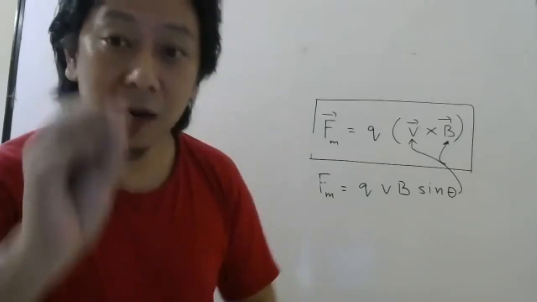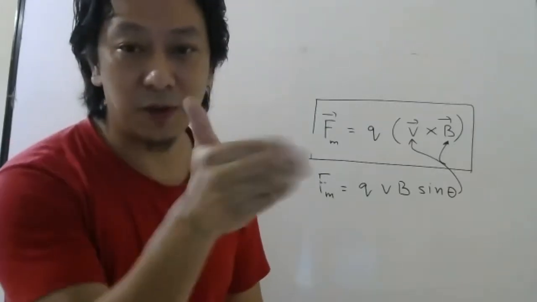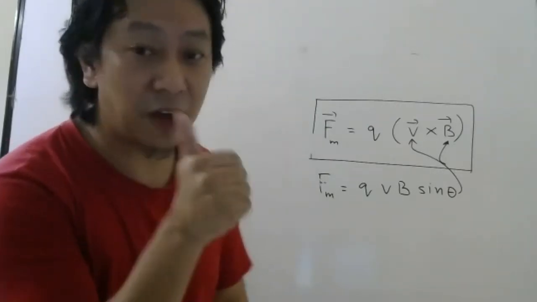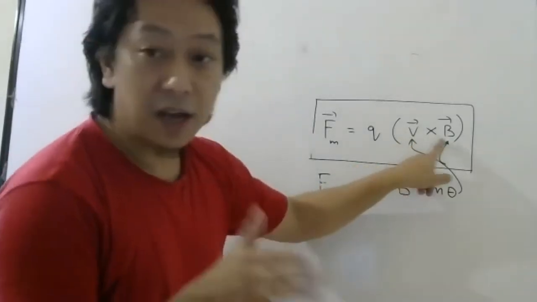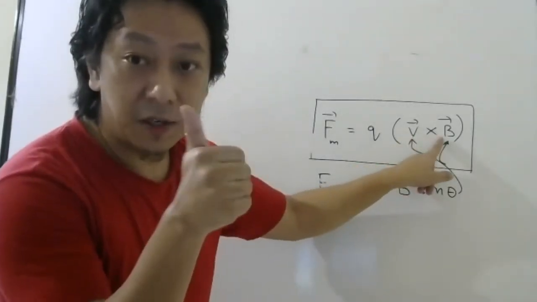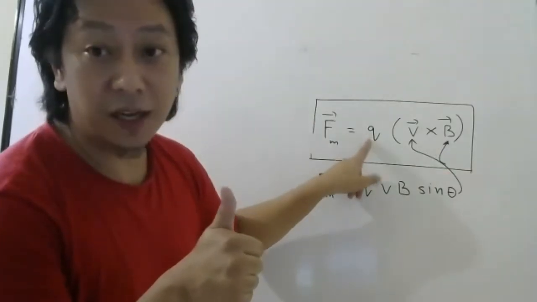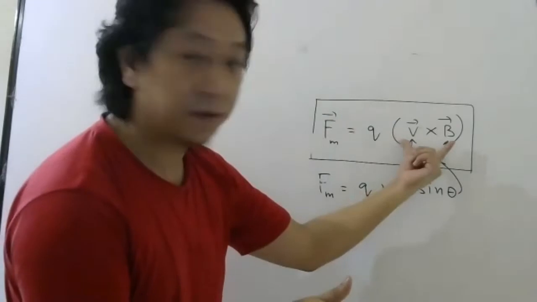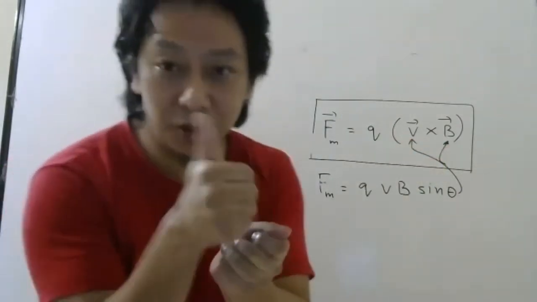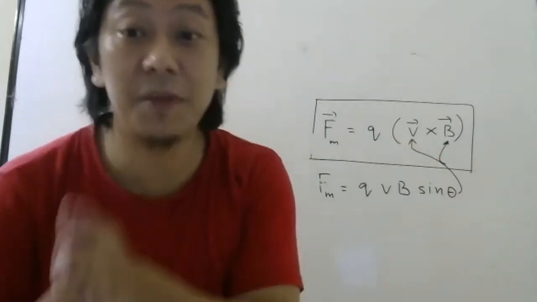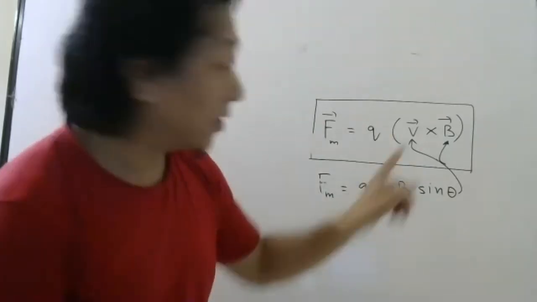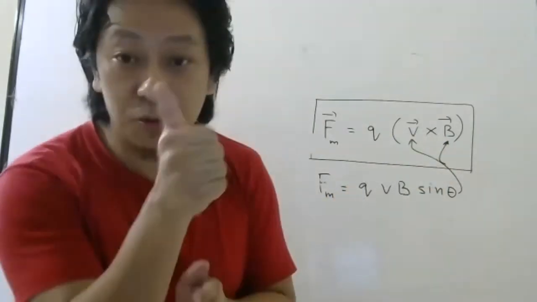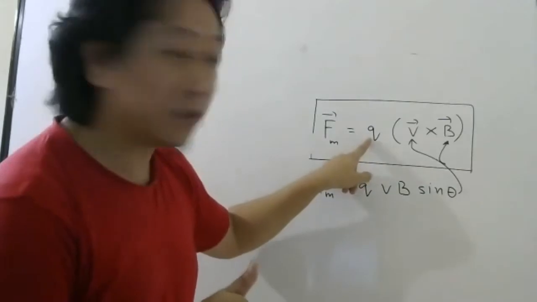Now let me give you one more rule. If you are not happy with this one, because for this one you have to first find this direction. After finding this direction, you have to see whether this is positive or negative. If it is positive, the force will be in the direction of this vector. See, the rule which I told you is to find A bar cross B bar, meaning in this question V bar cross B bar, this rule. Okay, students?